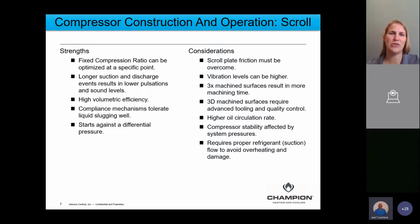Now, some of the considerations about a scroll, if you will. Hold on, Joel, 1 second there. I was on mute. So there's a few things I just want to go in clarify just a little bit